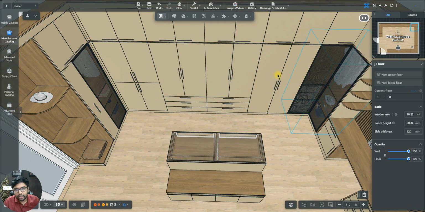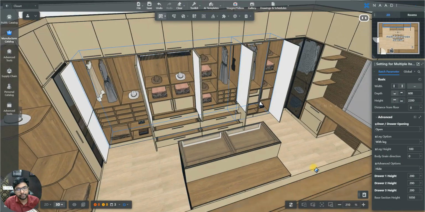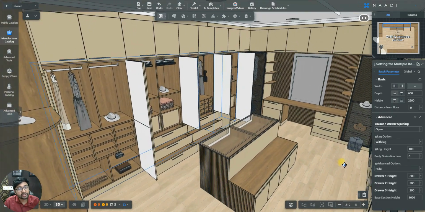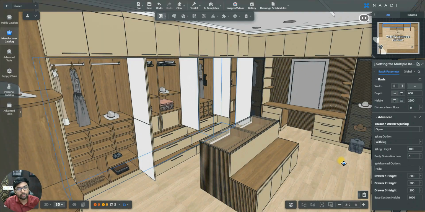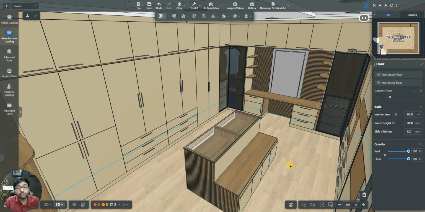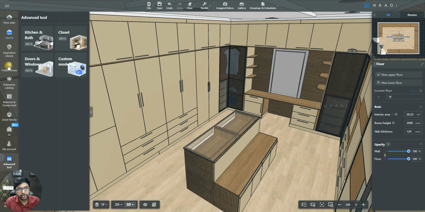So before that, let me just show you how the tool has propped the internal of your wardrobe. Can you see here? The smart propping can precisely detect your shelves, your hanger rods and so on, and propping will be added appropriately. And once your smart prop is done, you could proceed with your method 2, which is your manual propping. For that, you have to go to your main modeling window. So let me just exit my closet window, go to my main modeling window, and here you have something called